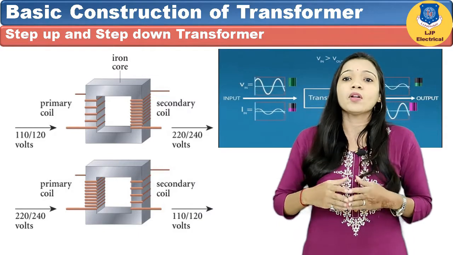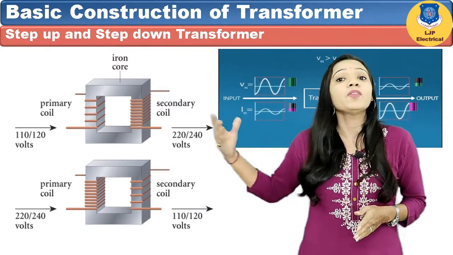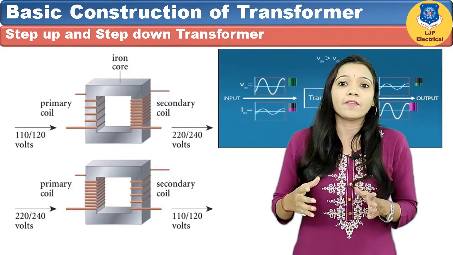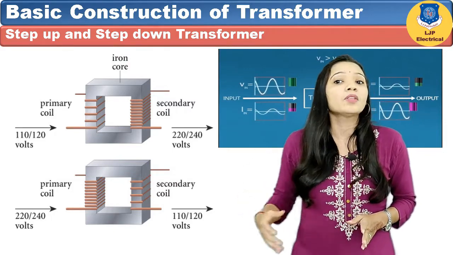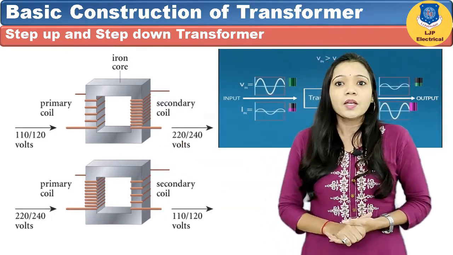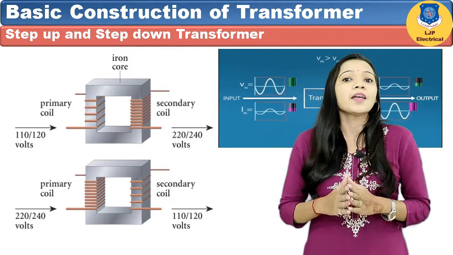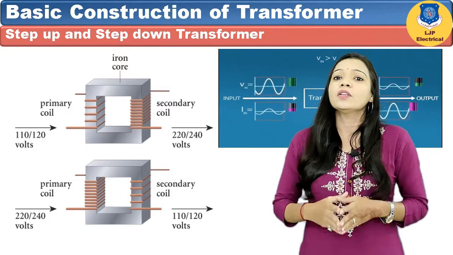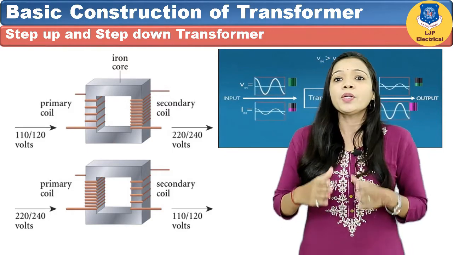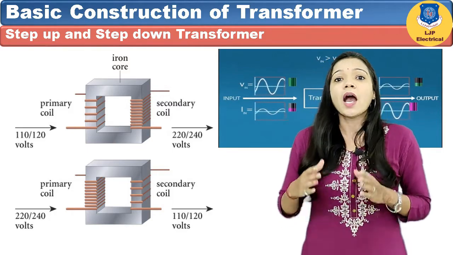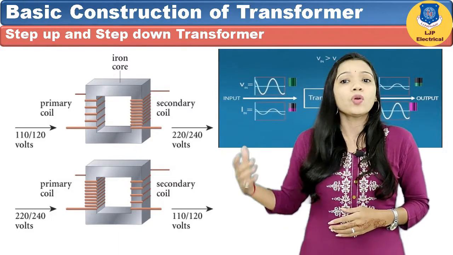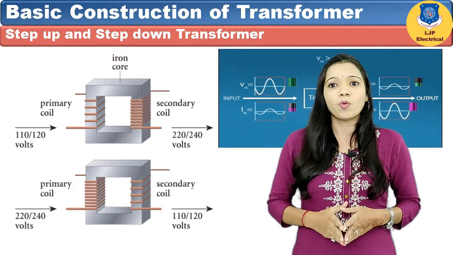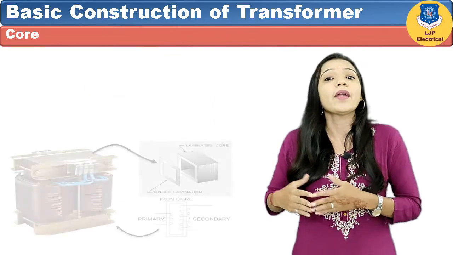If the secondary voltage is more than the primary voltage, it is called a step up transformer, and if it is less, it is called a step down transformer. Therefore the windings are designed as a high voltage and low voltage winding based on the voltage level. Compared to the low voltage winding, high voltage winding needs more insulation to withstand high voltage, and also needs more clearance to the core and the body.